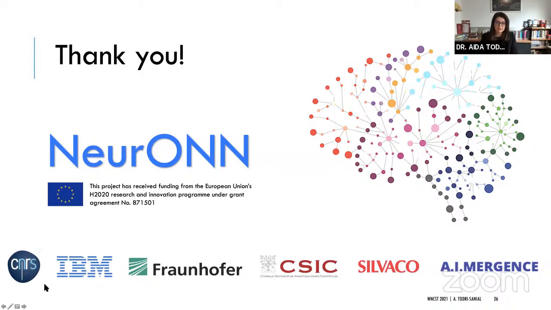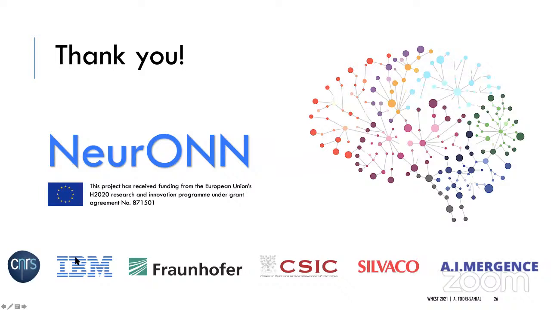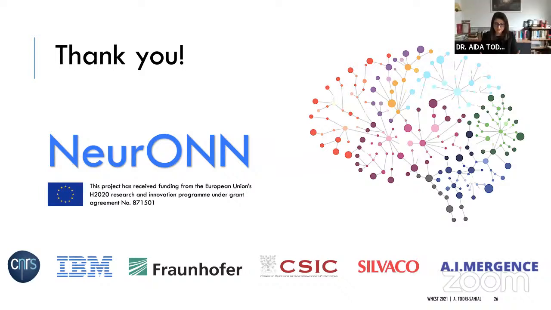So we are several partners: CNRS, myself and my group; IBM Research in Zurich, which is working on the development of the VO2 devices, so these oscillating devices; Fraunhofer on the development of 2D MoS2 devices for memristive applications; CSIC on the architectural level exploration of the neuromorphic system; and Silvaco on building all of these TCAD tools and also the models in order to understand the phase switching behavior in VO2, but also in memristive devices; and AI Mergent, which is exploiting this technology for their robotic application,